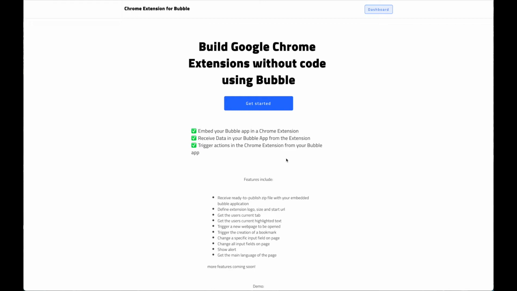Let's go through a few of the features that are included. What you will get is a ready-built, ready-to-publish zip file where your Bubble application will be embedded. So you will actually design your Chrome extension in Bubble within a specific page. This will then be embedded as a Chrome extension, including the logo, the size, and the URL that should be